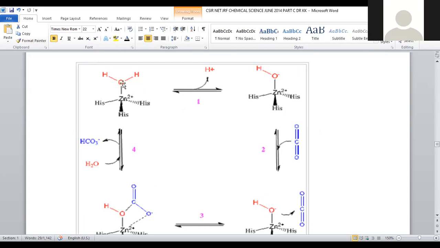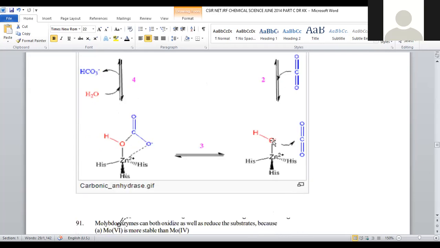This carbonic anhydrase removes one of the H's and turns into OH minus. The OH minus generated is electron rich in nature. Now it will bind with the central carbon of carbon dioxide, because the two oxygens pull electrons towards themselves, so electron deficiency originates on the carbon atom. So this negative charge on the oxygen will bind to carbon, subsequently the pi bond shifts towards oxygen, so there is a formation of an oxygen-carbon linkage. This is the most important thing we have to know. From this only you can get the answer.